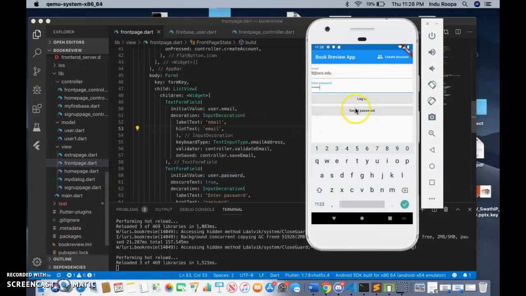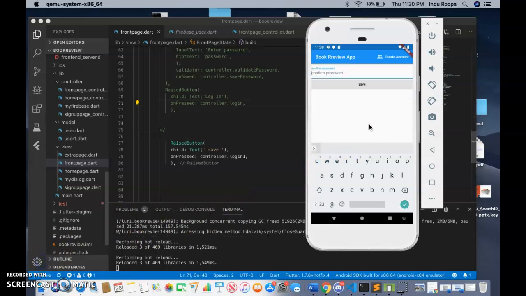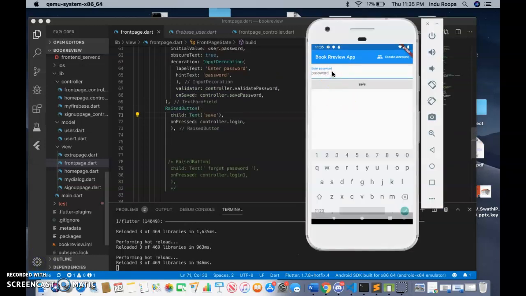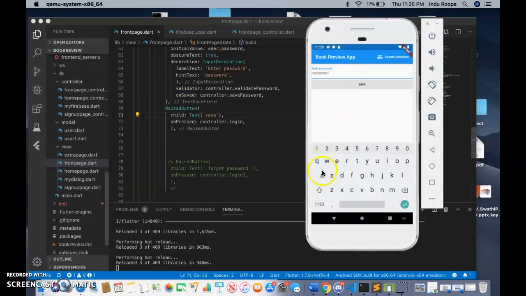And now for doing my forget password, I gave this mail ID and entered the password for which I created the account. And now I want to change the password for this mail ID. And now I will click on the forget password button. Hence, after clicking that forget password button, it will redirect me to this page where I need to give the new password. So here I give new password as